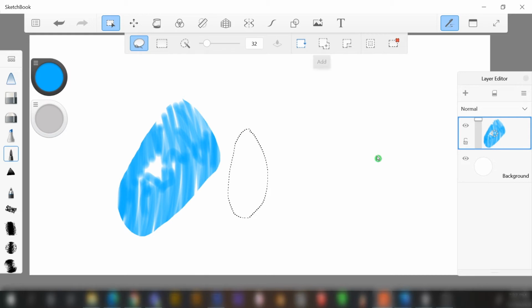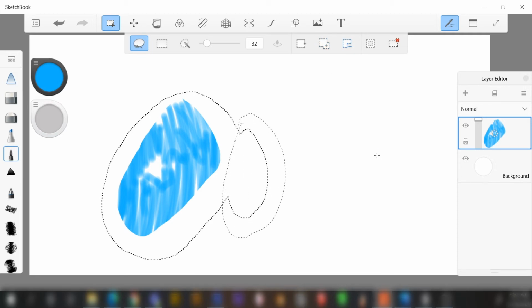I can choose this add option to make an addition to my selection. So if I click that, it's going to keep what I selected plus add on to that selection. Okay, and basically make it bigger. And vice versa, if I click remove over here, I can remove some of that selection. Okay,